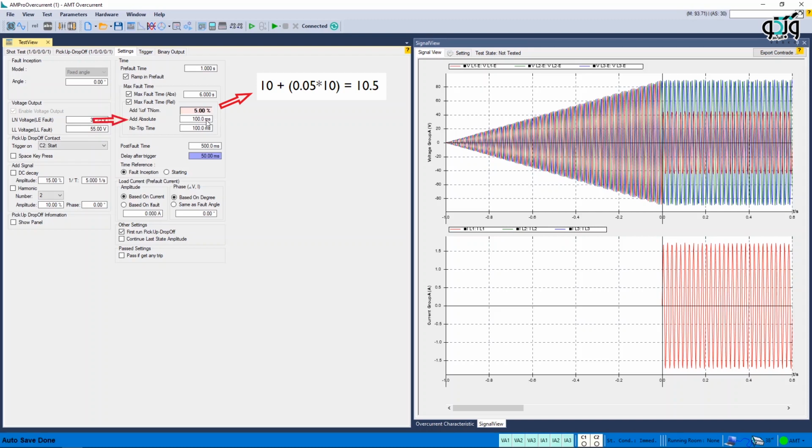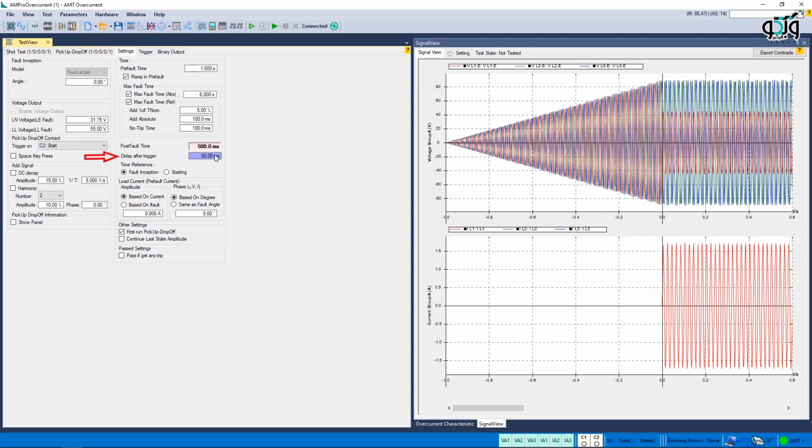But in the add absolute field, the fault injection time is entered as the sum of the test point trip nominal time plus the time entered in this field. For points which are in the no trip area, it is possible to enter a separate time in the no trip time field. If you enter the time in these 4 fields, the software will consider the longest time. Post-fault time is entered in post-fault time.